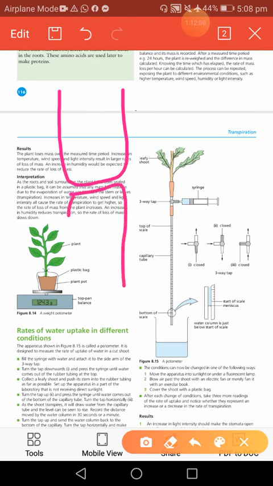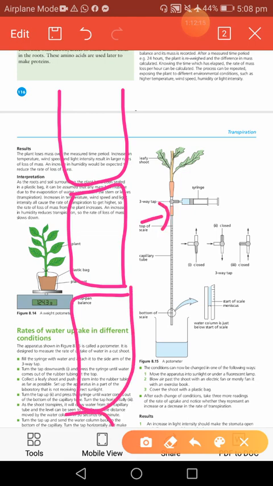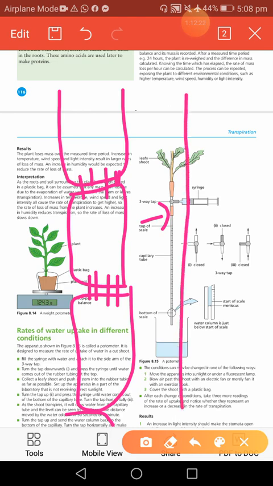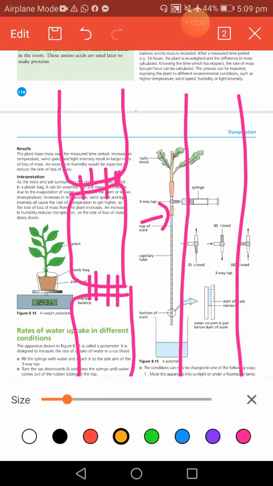So, why is this happening? Because there is an internal attractive force between the water molecules, which we call the cohesion, or in chemistry we call it the hydrogen bonding. So, due to transpiration and the internal attractive force between the water molecules, there is the